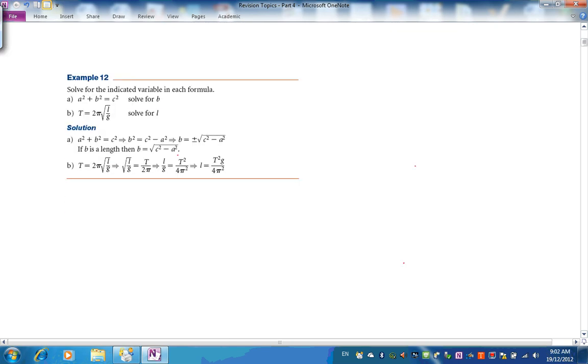So let's go down now and have a look at this. Something that we often want to do is to rearrange a formula, rearrange a formula to make a new subject of the formula. So here in the first one, let's say we really want to solve for b. As it is at the moment, a squared plus b squared equals c squared. The subject of the formula is c squared. So if we can isolate